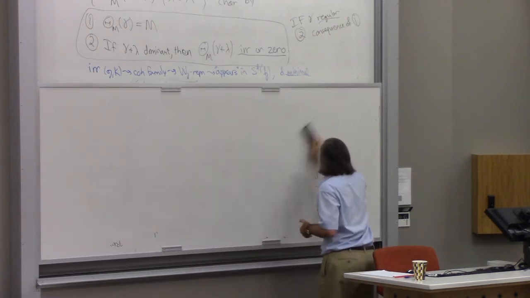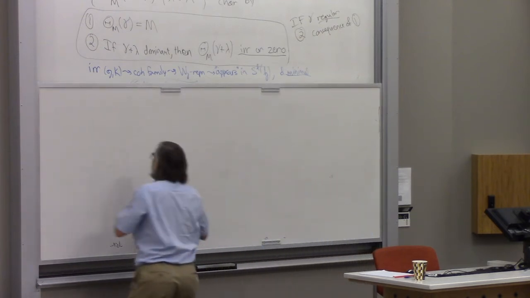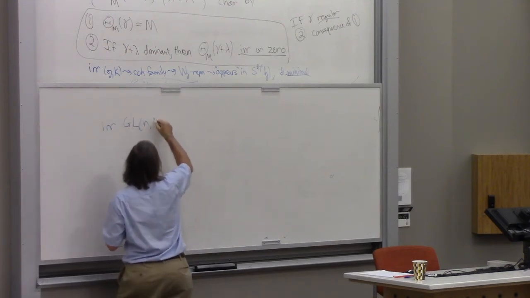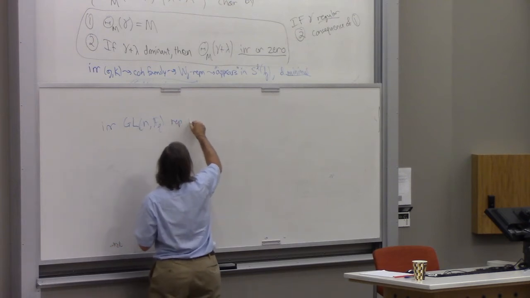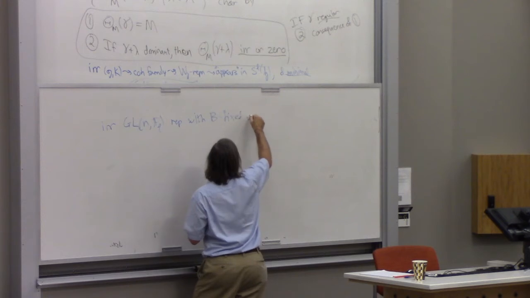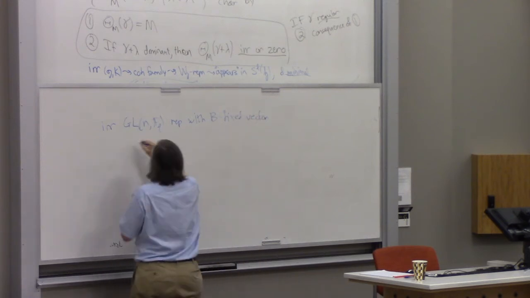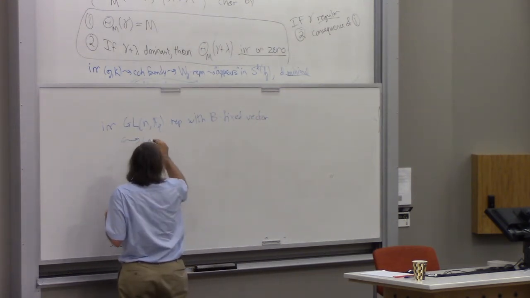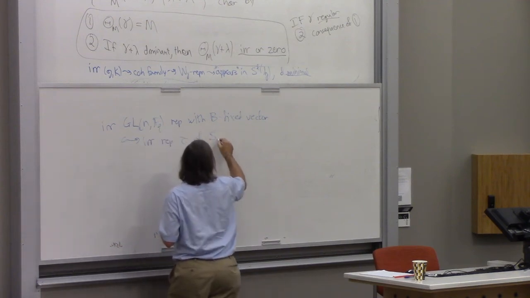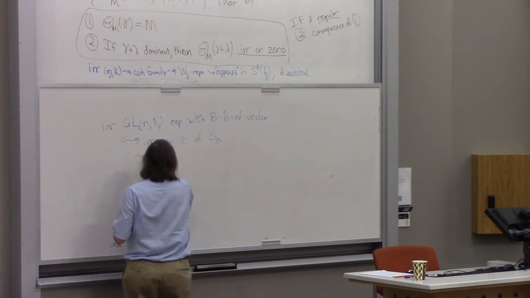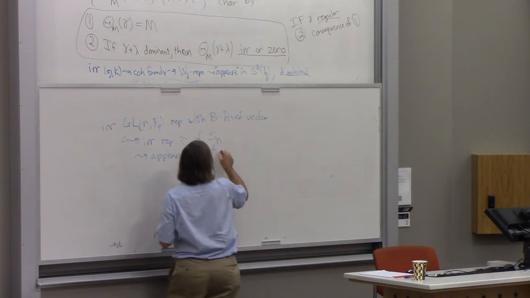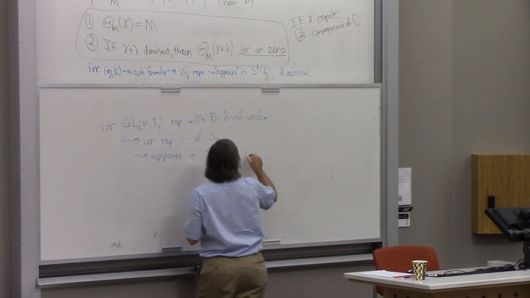The finite field version said that an irreducible GLN FQ representation with a B fixed vector corresponds to an irreducible representation tau of the symmetric group, which appears in S^D of H for some minimal D,